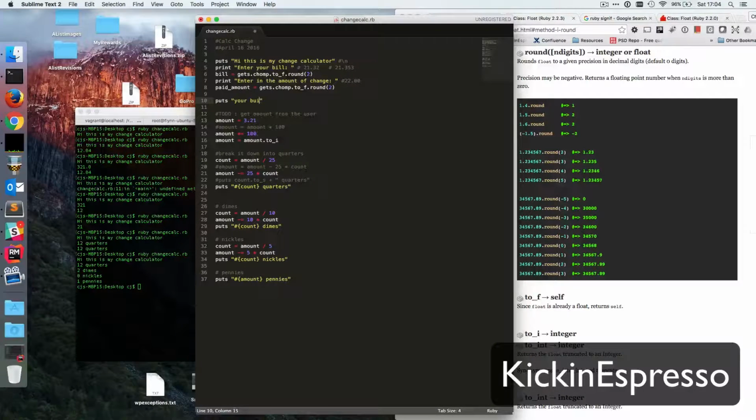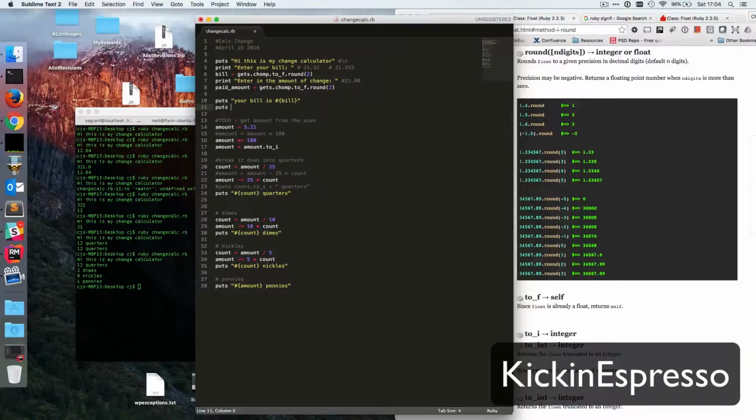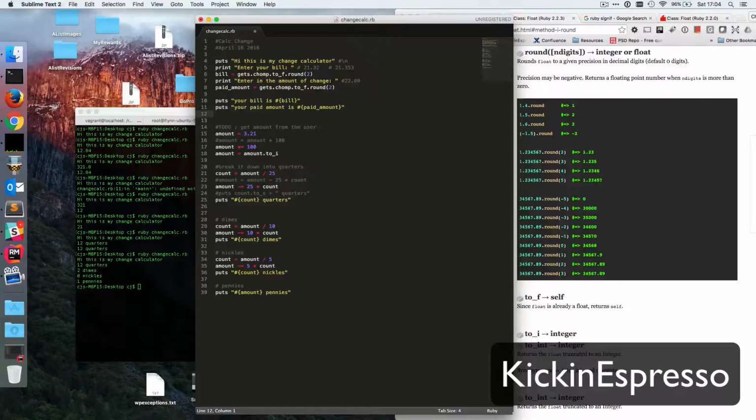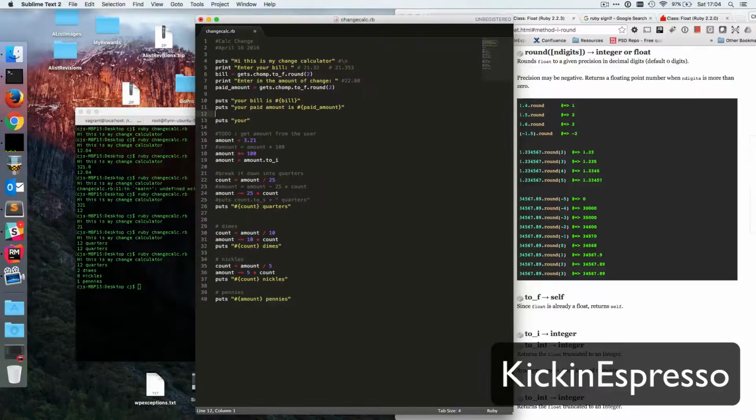Something like your bill is, and we'll do bill, and then we'll do puts, your paid amount is, and then we'll go paid amount, and then we'll do puts, let's see here, your change, and we'll just do change equals bill minus paid amount,